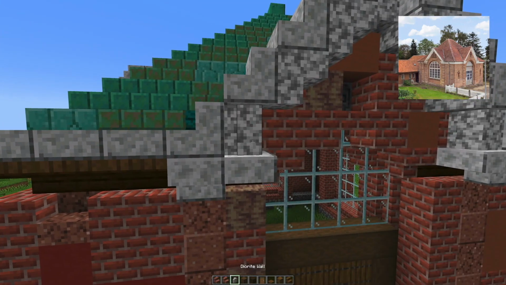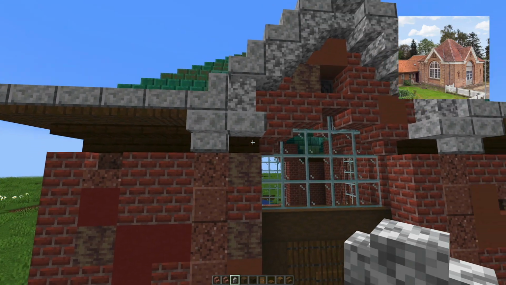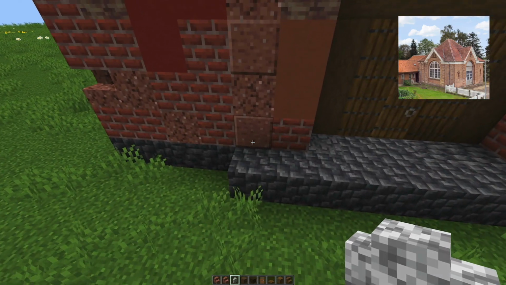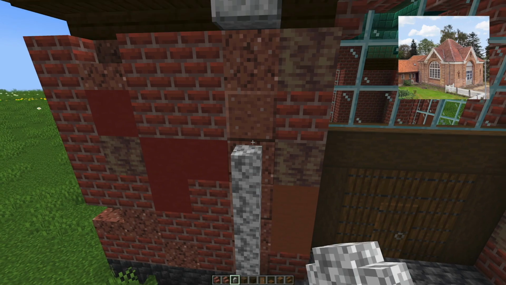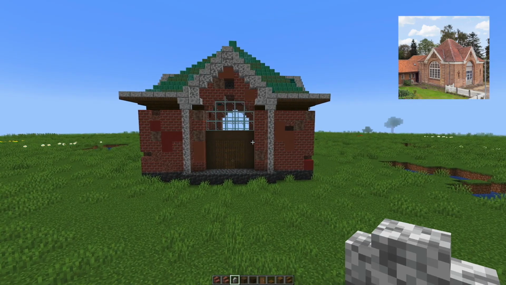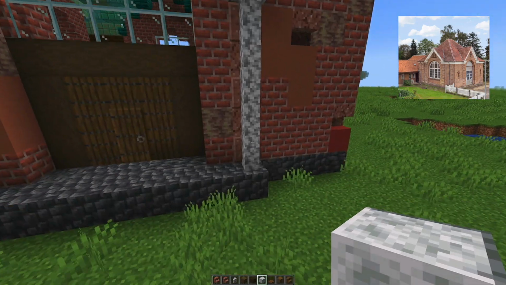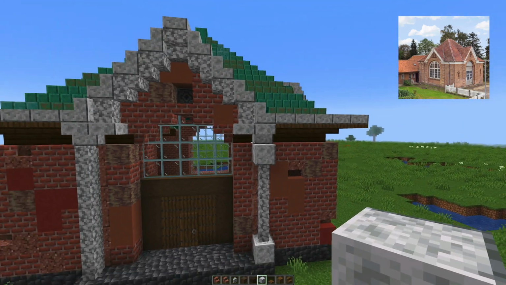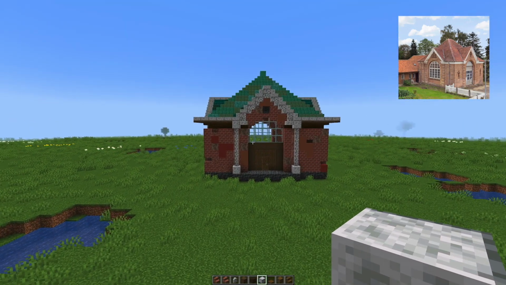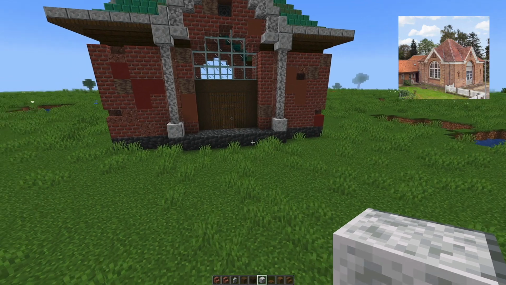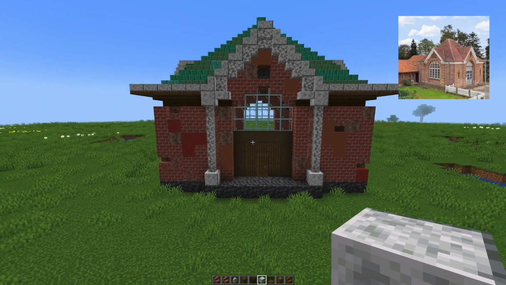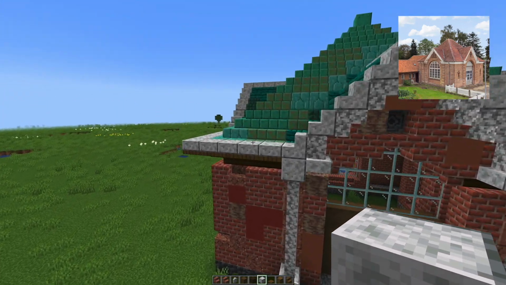Let's try and perhaps do something like this. That could work. I want to try something like this, and like this. Yeah, I'm thinking like that. And then we just need to put in stairs right here, and then we need to look at this as